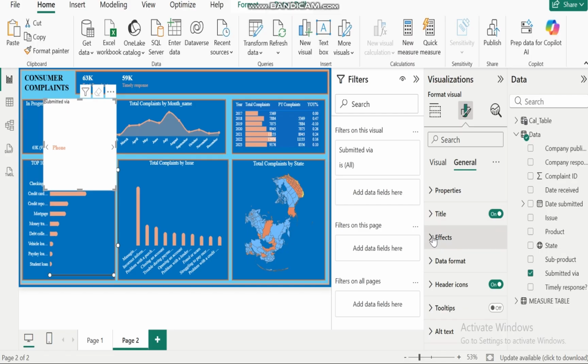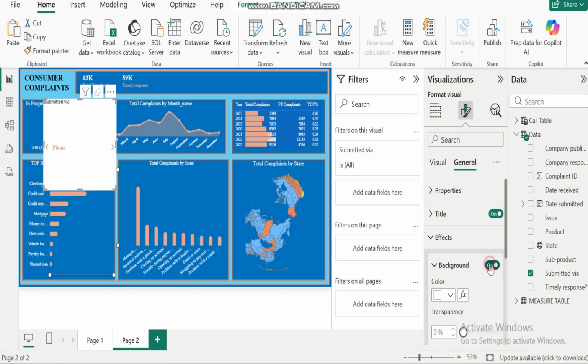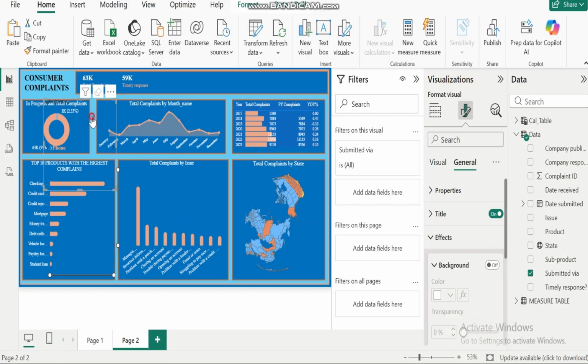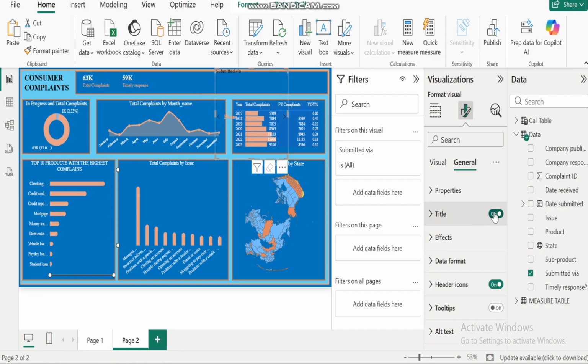So let's come here and I'm going to say, all right, I want to remove all effects, right? So that now I have just this, okay? But I don't want submitted view. I don't want to see this, okay? So I can just remove it from here, so that now I just have this, all right? Okay. So now we have this,